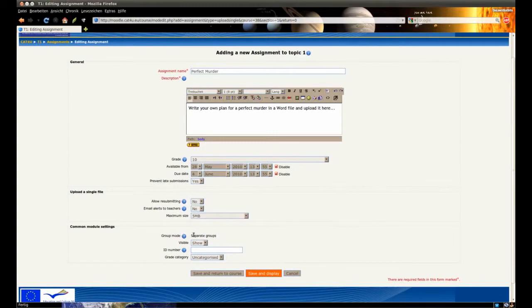I could change it if I had set the course group setting to enforce it no, but I set it to yes, so now it is enforced and I cannot change it here. Again, if you need more information, make use of the question marks that you can see all over the place. Now I will click Save and Display,